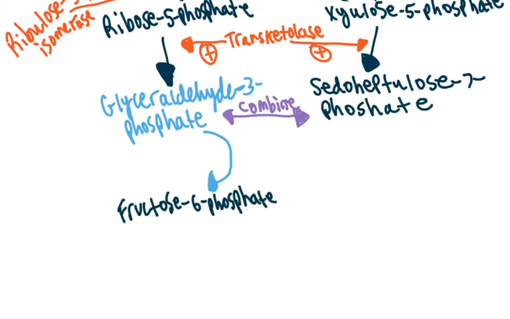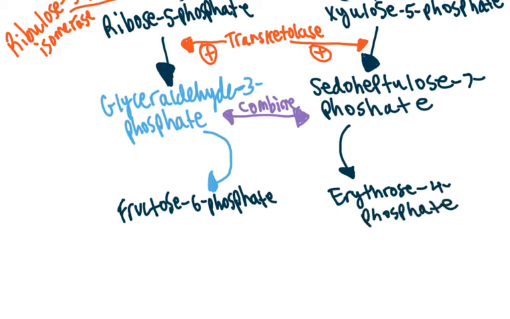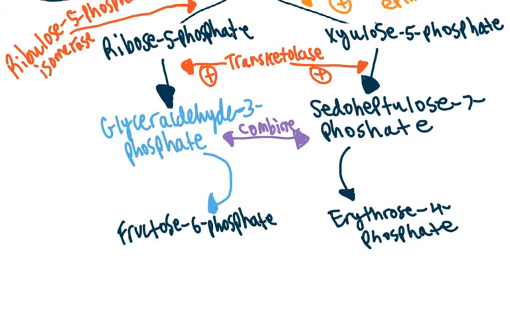All right, and then sedoheptulose 7-phosphate can again combine with glyceraldehyde 3-phosphate and, after it combines, convert into erythrose 4-phosphate. Okay, and so right here we can stop for a little bit and see that glyceraldehyde 3-phosphate right here